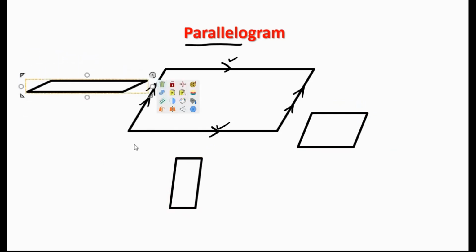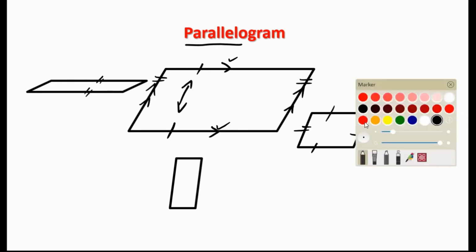And you have studied about parallel lines and their properties. So you know what are parallel lines. So these are parallel sides. Parallelism is denoted by this symbol. If I draw more parallelograms just for making you familiar, this is also a parallelogram. This is also a parallelogram. This is also a parallelogram. Parallelogram has the most fundamental property that opposite sides of that quadrilateral will be parallel. There are other properties which come along with it.